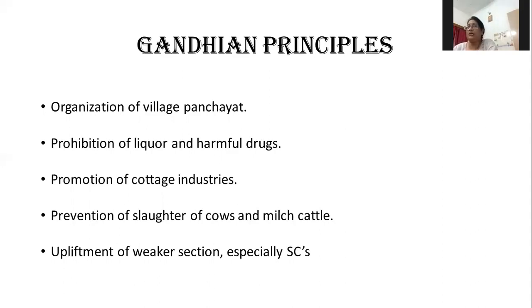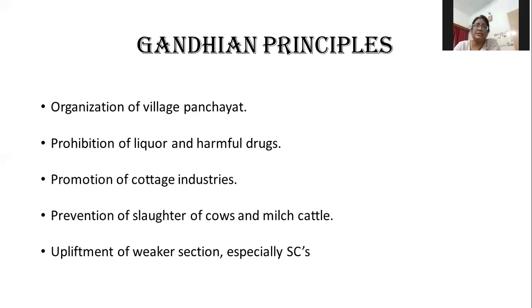Promotion of cottage industry like making of agarbatti, making of baskets, making of pickles. These are the industries where we need less amount of money, and family members or a society can get together and produce goods. Prevention of slaughter of cow and milk animals means those animals which give us milk, we should not slaughter. Weaker sections of the society should get special reservation so that those people who are deprived of their rights, the Shudras, they get special provision so that they